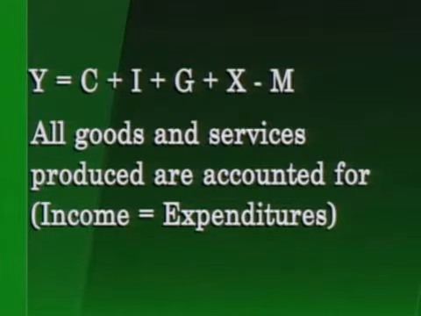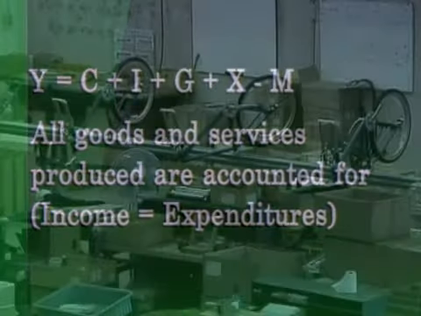Notice that in this expression, investment is composed of both residential and non-residential investment plus business inventories. If inventories accumulate on shelves or run far below desired levels, the identity between Y and C plus I plus G plus X minus M would still hold. No distinction is made between desired and undesired business inventories.